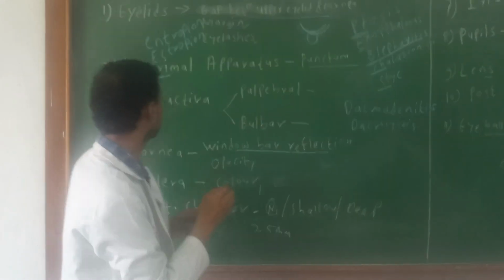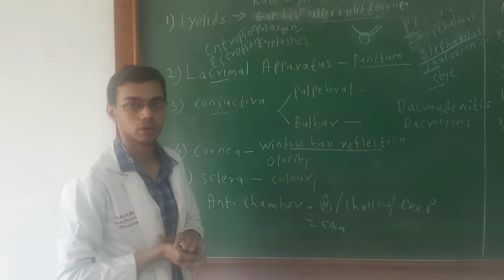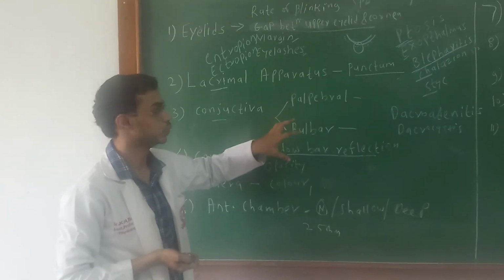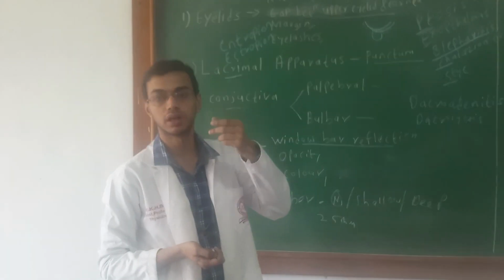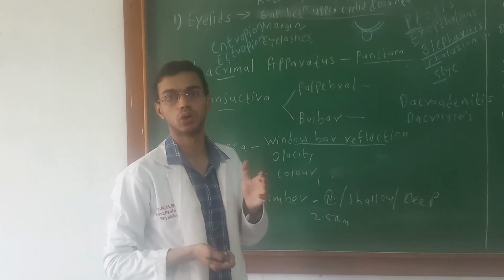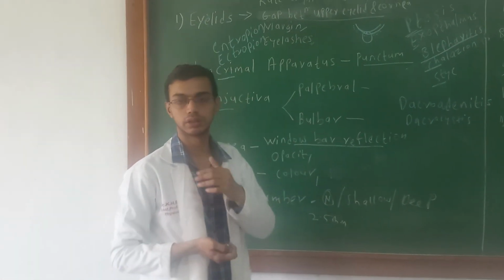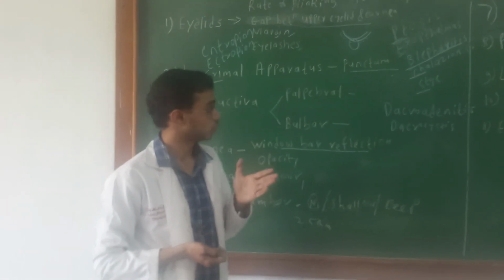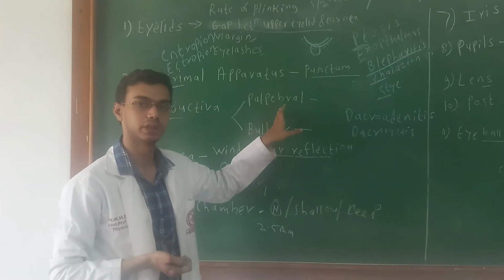Okay. Then about the conjunctiva. We already learned in the introduction to clinical examination the importance of the palpebral conjunctiva and the bulbar conjunctiva to check for anemia and jaundice. Palpebral conjunctiva is the conjunctiva present underneath the upper eyelid and the lower eyelid, called the upper palpebral conjunctiva and the lower palpebral conjunctiva respectively. How do you examine the palpebral conjunctiva? Again, I will demonstrate in the demonstration part how to check its color. In case of anemia, it becomes pale. In case of conjunctivitis, it becomes angry red.